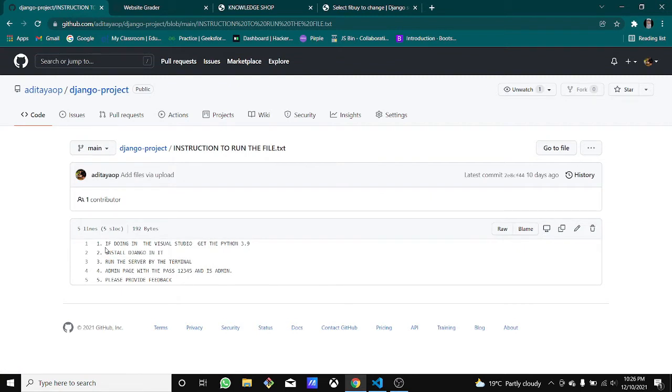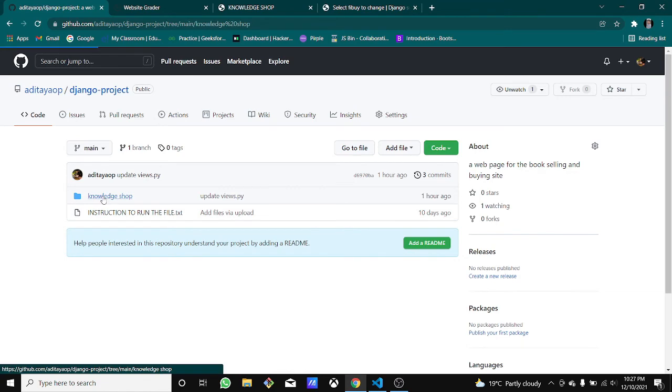Python and Django don't exactly run the same way on VS Code, so you have to do something before getting it to work. These are the instructions you have to go through, and then this is the code. You can just download this and have the code.